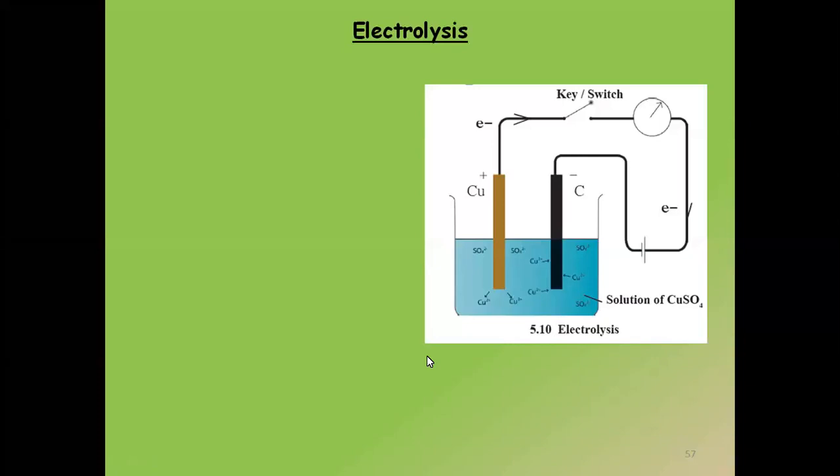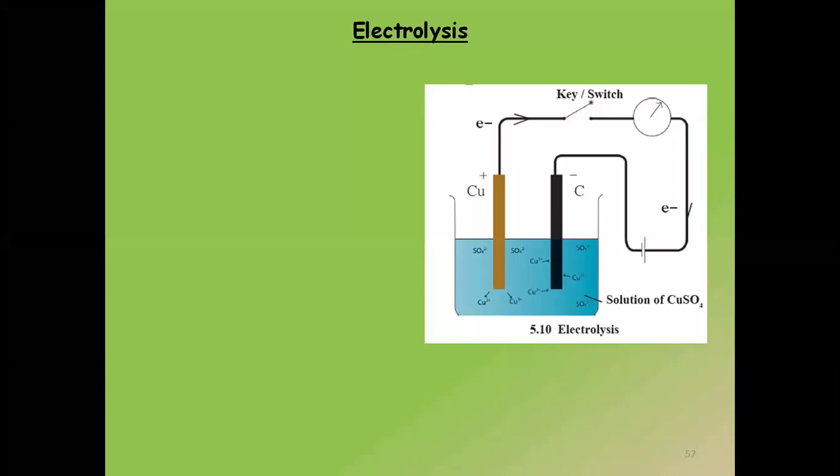First, we studied the separation of ionic compounds, that is dissociation, by using the concept of whether the bulb glows or not, right? After that, we studied the concept of electrolysis by using this diagram where I used two electrodes. Electrodes are the ones which conduct electricity, cathode and anode. In this reaction, my cathode, which is negative, is made up of carbon. My anode, which is positive, is made up of copper. We dip it into the solution, that is my electrolyte, which is copper sulfate.